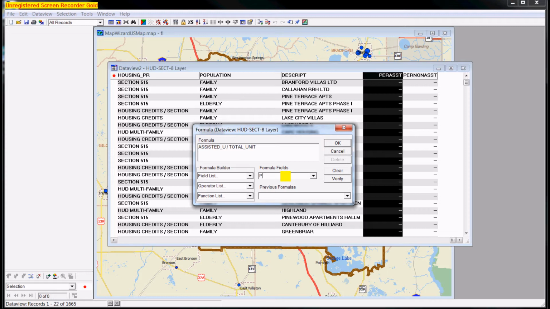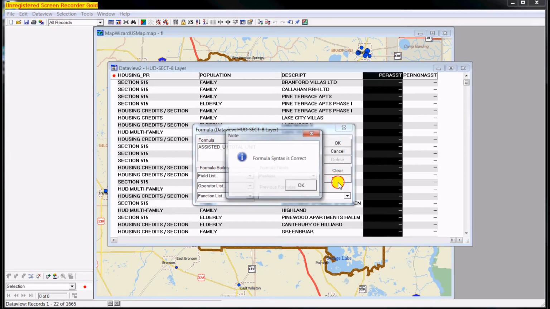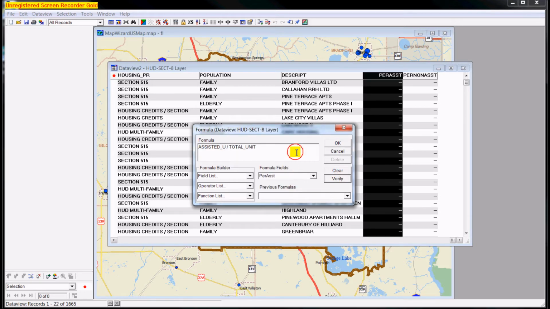and I'm going to confirm that my mathematics is correct. And so we now have a new data field.